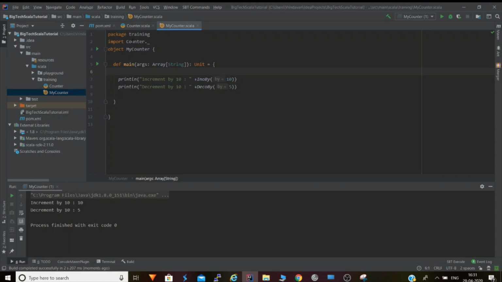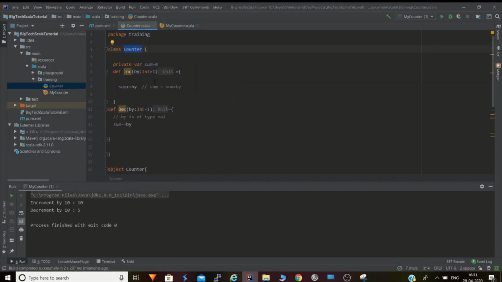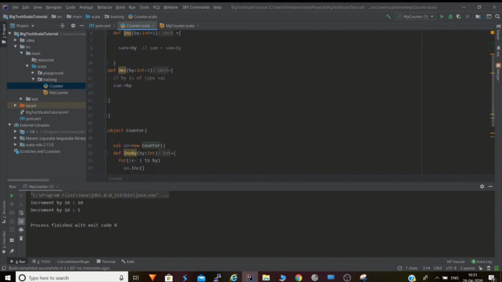What more can we discuss? One concept was missed by me. That was the private variable sum we have created, and as I told, its scope is inside this class only, but we were able to access that sum variable over here.